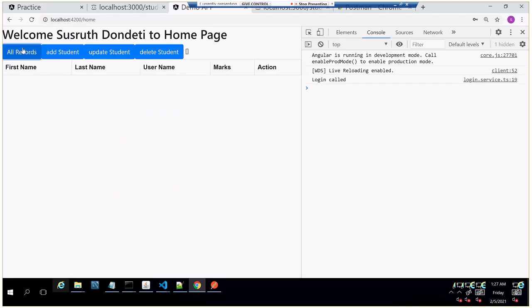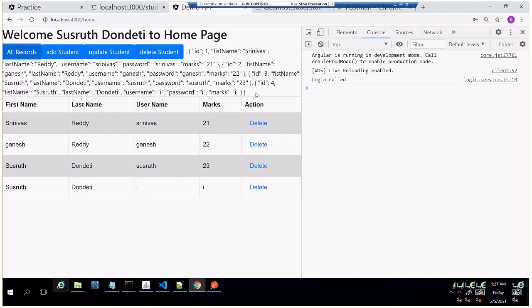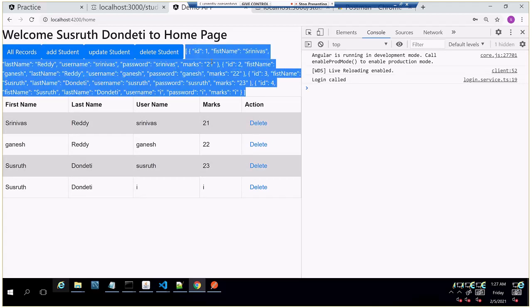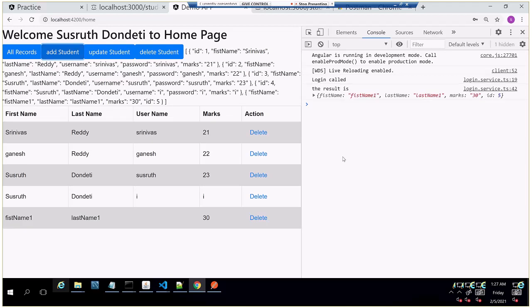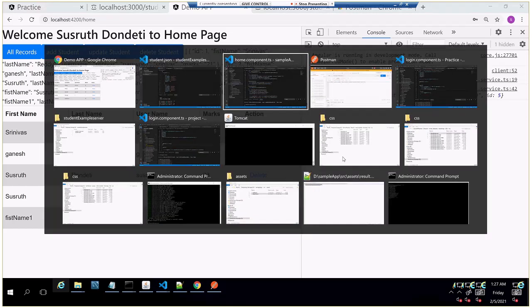Now, when we add, I can remove this just for testing purposes. I have added. First of all, you don't need the all records button. When you go into the home page, just remove that button and it should automatically load all the records when you log in. Directly instead of all records.